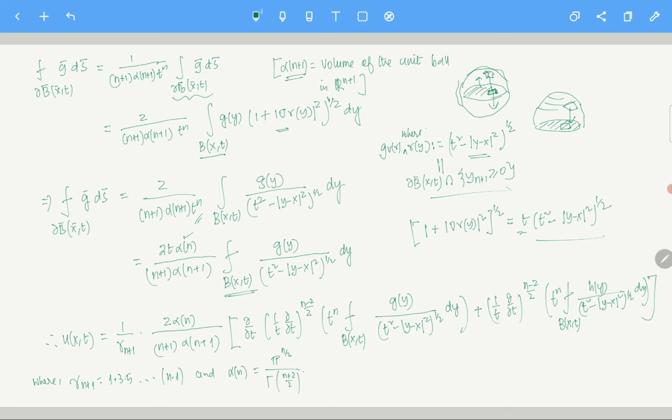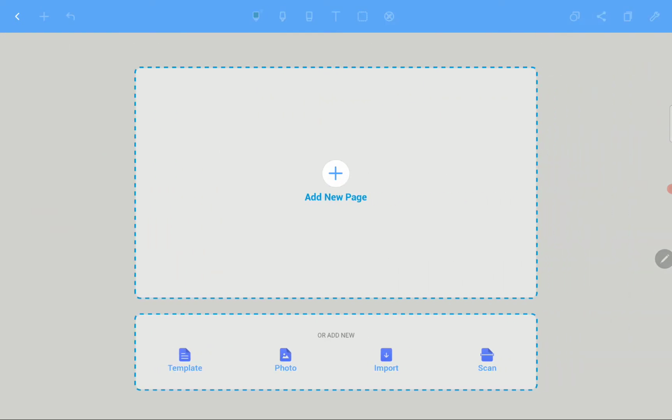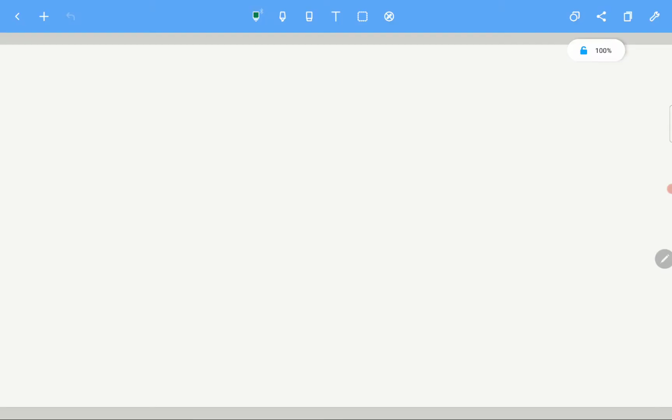Clear? Now if I put everything together, what is the representation formula in even dimension? Let me write it down. We are not doing anything special here, exactly the same sort of thing, just calculating some particular terms. So for even n, u of xt is given by 1 by gamma n,